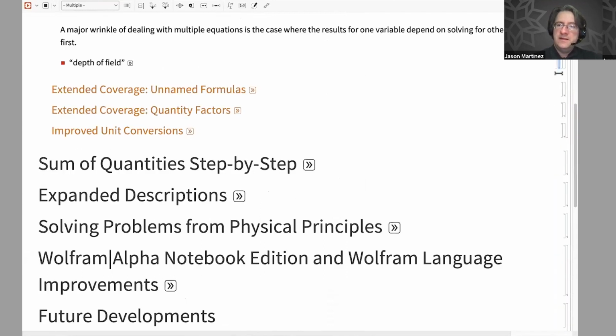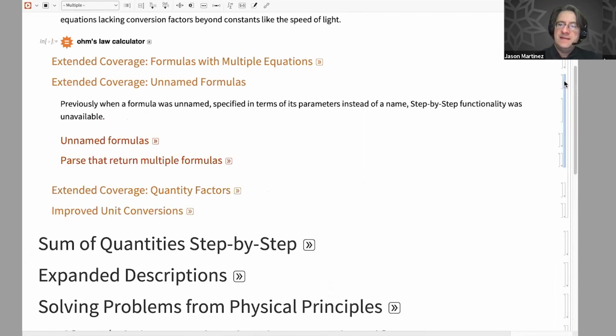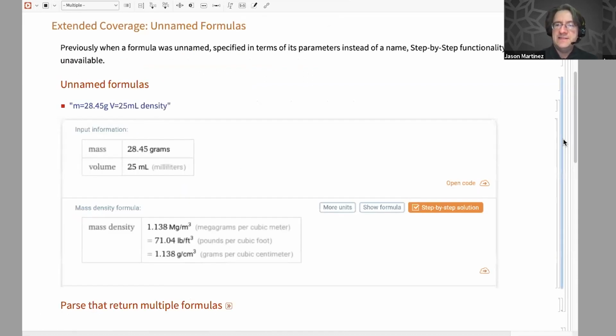And then another major area that we've been expanding is that there are places where we could have step-by-step solutions, but we didn't for various reasons. One major one was a case where we needed to add a third button, essentially. So when you call a formula without naming it, without giving it a proper name, by default, we will suppress showing the formula as part of our style. So here we're giving a mass and a volume, and we're saying density, but we're not saying that we're looking for the mass density formula. And so we would get